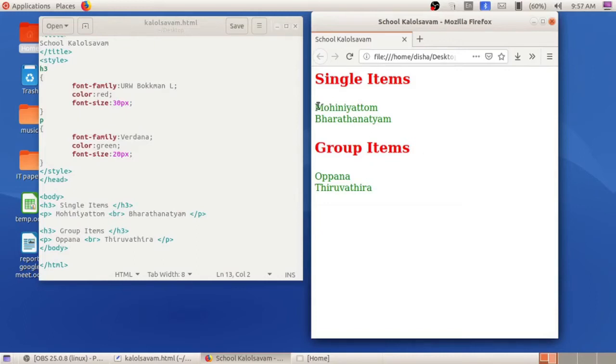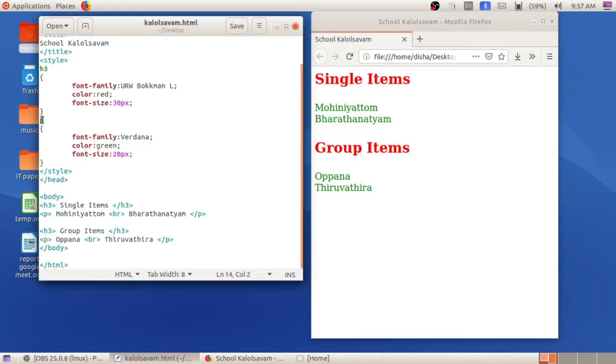So here we can see that both the paragraphs got the same color, green color. Suppose we want to apply different color to this paragraph. So what should be done? We must make use of class selector in CSS. Here this P and H3 is known as type selector. In one web page, when a tag is to be used several times with the same properties, that is known as type selector. It has been used several times here. One is this P and the other one is this paragraph.